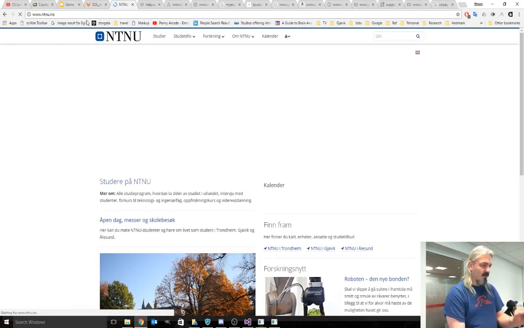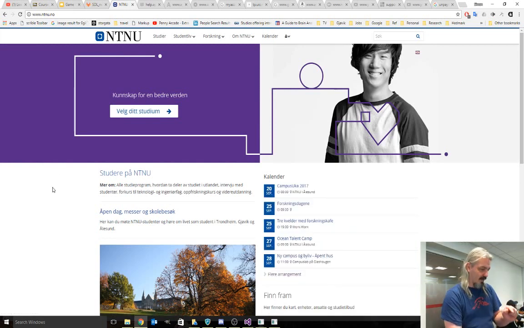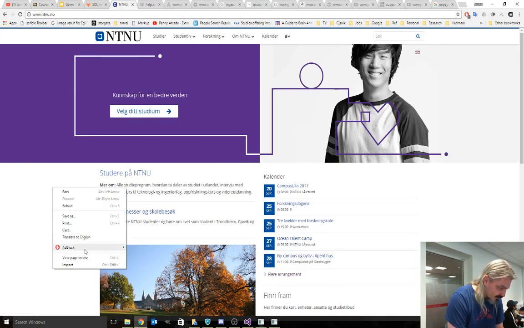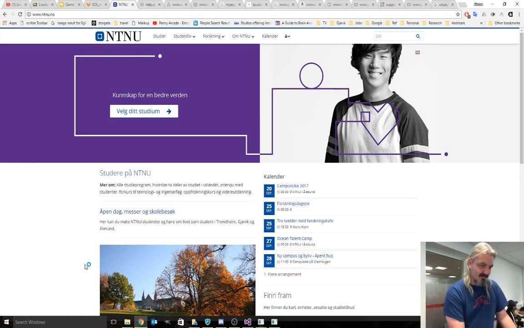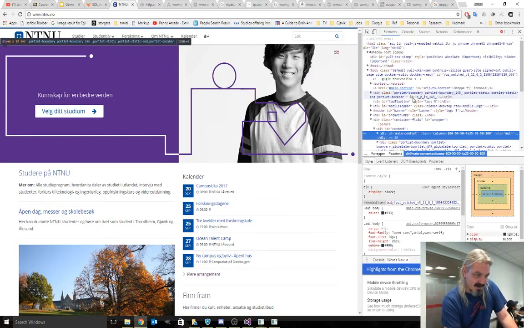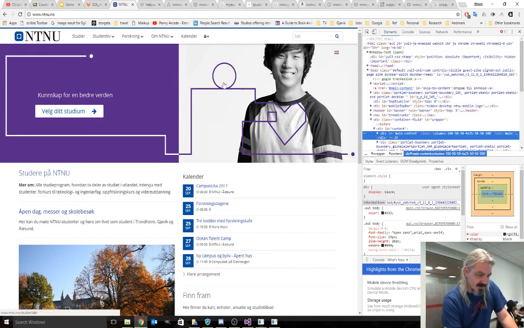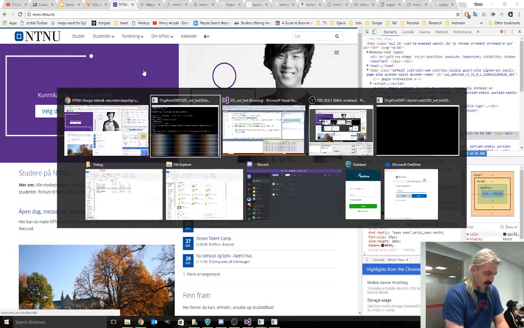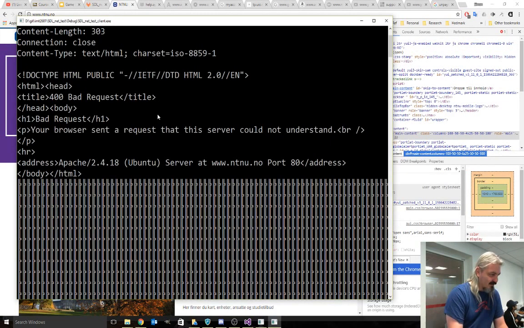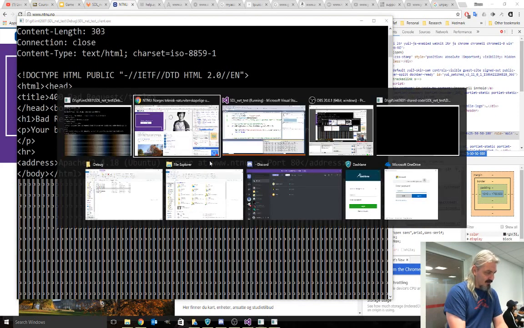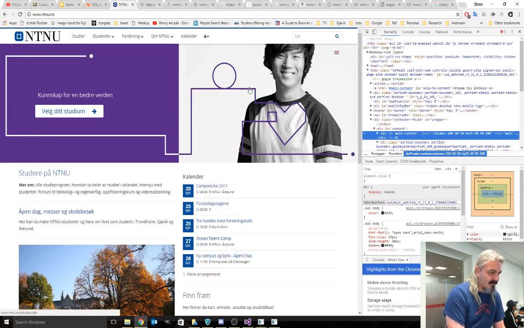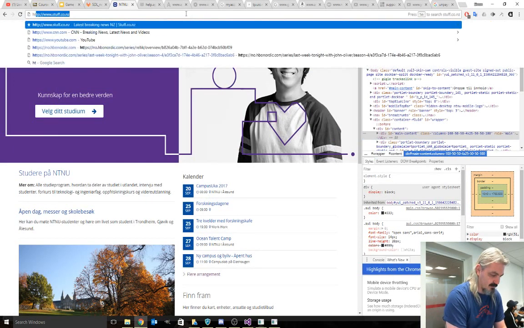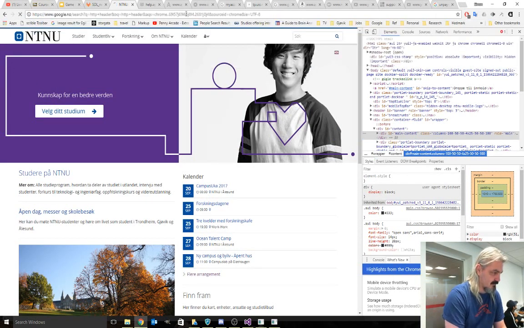Right, so what I should be getting is the source back from this. If we have a look at inspect, what I need to find is how I get this big doc type. It'll be because my HTTP header is wrong. I'm sending the wrong request. It's using a different Ubuntu Apache version, so what I need to do is go to HTTP header,